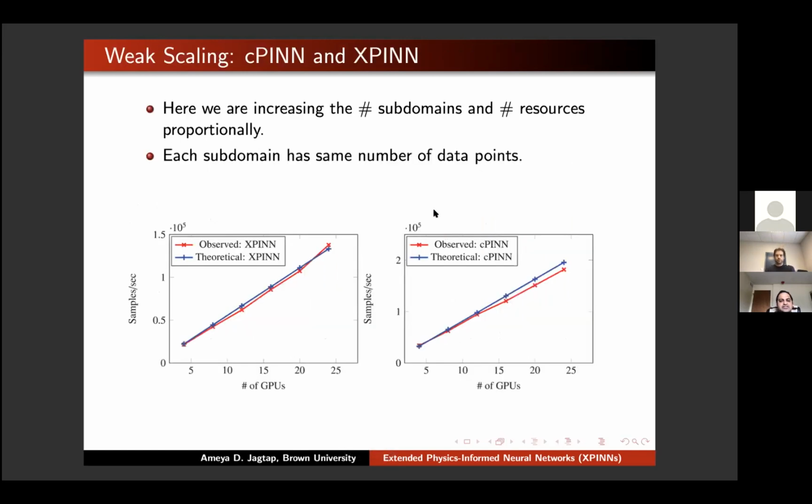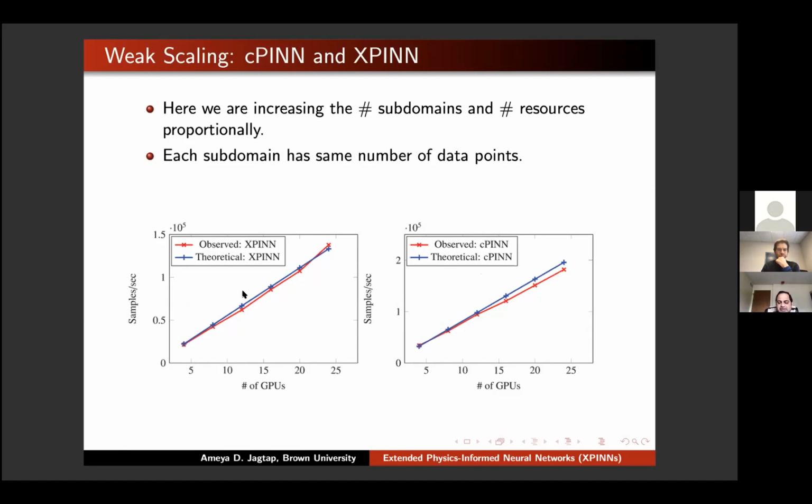Okay, so this is the weak scaling plot for CPIN and XPIN. We are increasing the number of subdomains and the number of resources proportionally, so the number of GPUs: we have 4, 8, 12, 16, 20, and 24 GPUs. In each subdomain, the number of data points is the same. And you can see here that we achieve perfect weak scaling both for XPIN as well as for CPIN. And of course, samples per second in case of CPIN is more compared to XPIN,